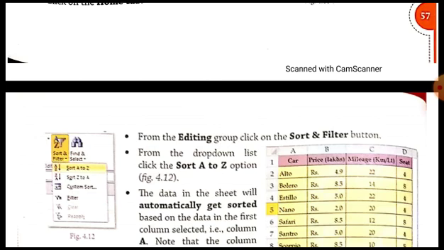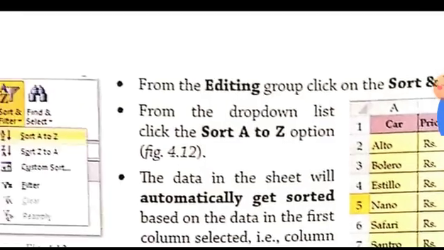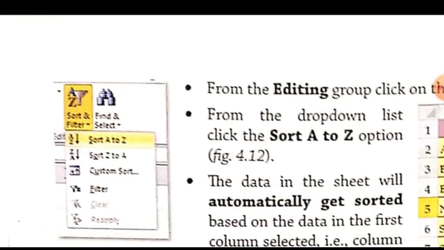You can see in figure 4.12 that the Sort and Filter option is given over here also. It is highlighted in yellow color for you to see it properly. So you have to click on that. As soon as you click on it, what will happen? As in the case of other options, whenever you choose any option, a drop down list having different options related to that option will open.